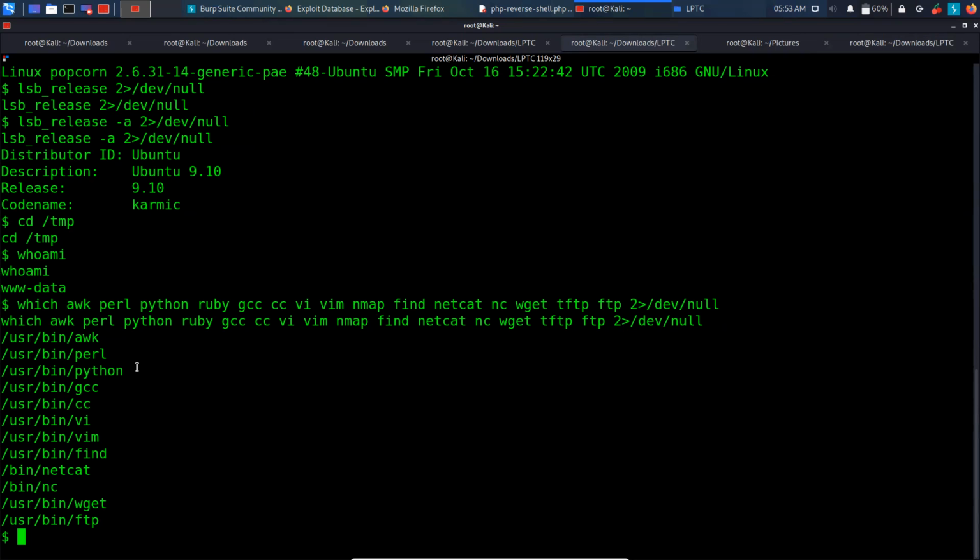There is a lot of enumeration we can do once we get a www-data shell. So to ease the process, we can use automation. There is a script known as LinPEAS, which is a Linux local privilege escalation awesome script. I can also share the GitHub link with you all. And we will just run it right now and see the output.